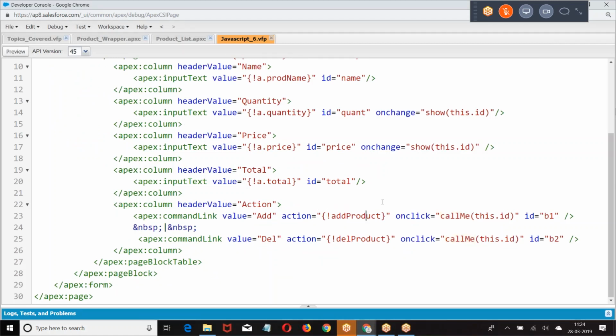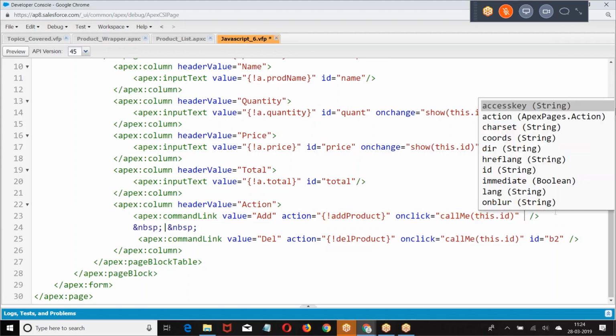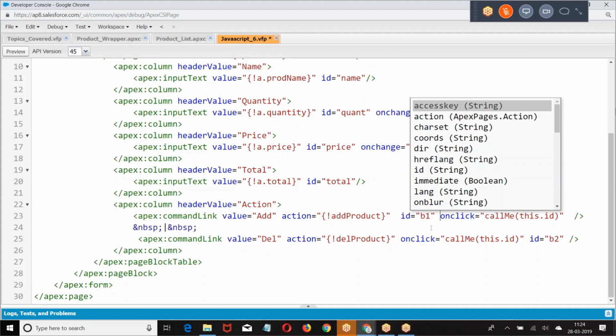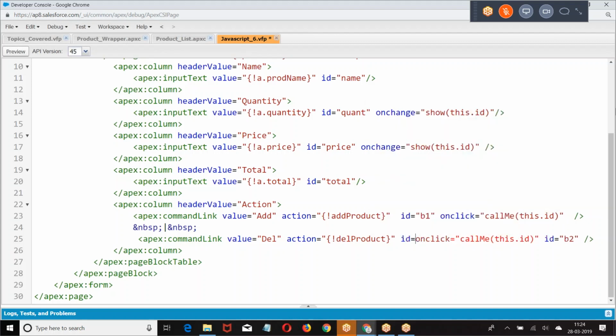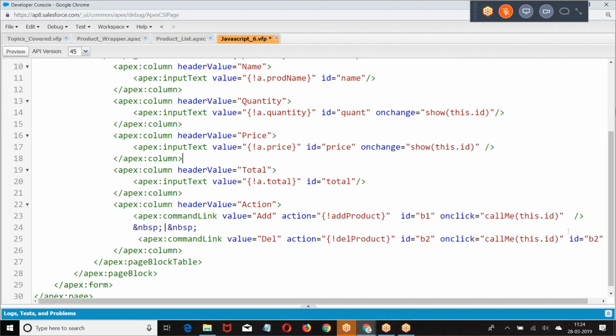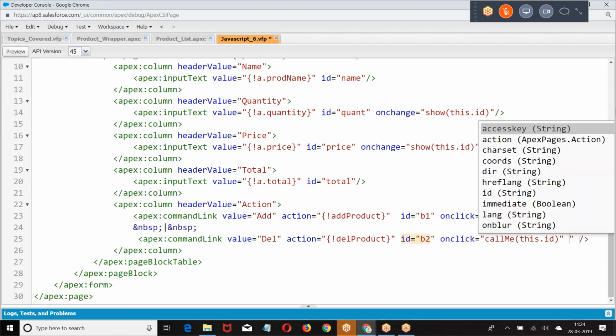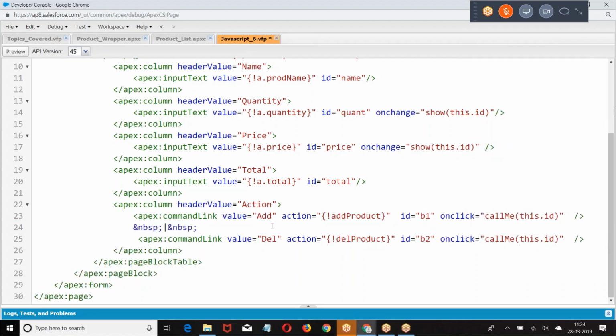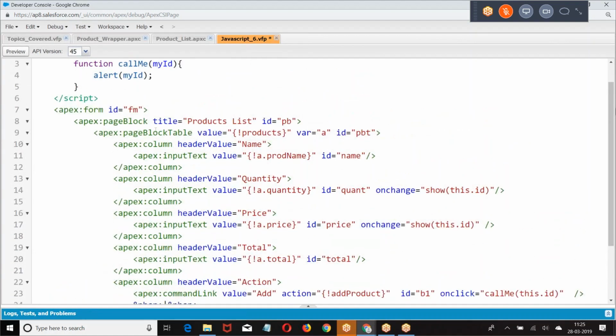Action. Add product. On click. This dot ID. Go to the ID of the element. ID of the element is already given here. Then check out anywhere I have is not ID.